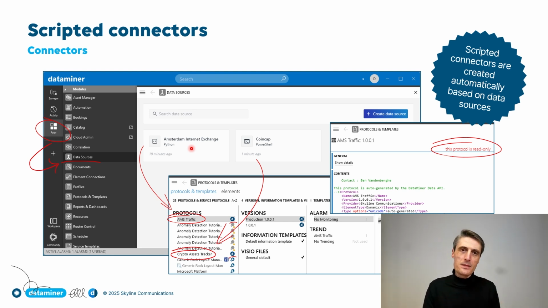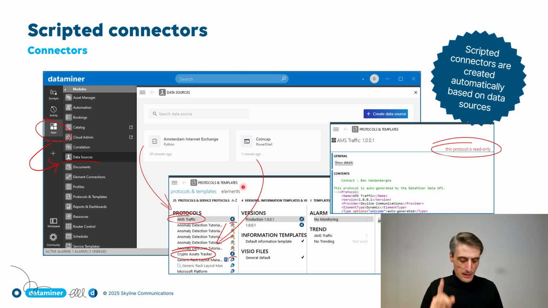And the information that is being retrieved will be pushed into the DataMiner system. Therefore, we will still leverage the protocol XMLs to define that graphical UI and say which parameters we want, where they are, which pages we want. That's still defined in that XML, but we basically auto-generate that through the Data API. So there is a connection between the scripts and your protocols and your data that you push in there,